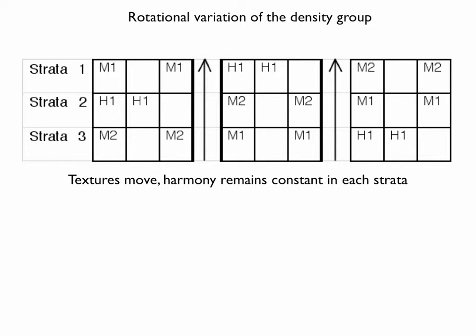Three vertical permutations of the original density group, first seen in the previous slide, are shown now. The different textures and forms of arpeggiation rotate vertically, moving upwards by one place at a time, as indicated by the arrows. Each stratum is labelled to indicate a hypothetical form of texture: Harmony 1, H, or Melody 1, M1, or Melody 2, M2. The two melodic types might be different patterns of arpeggiation, while Harmony 1 might be a type of harmonic accompaniment